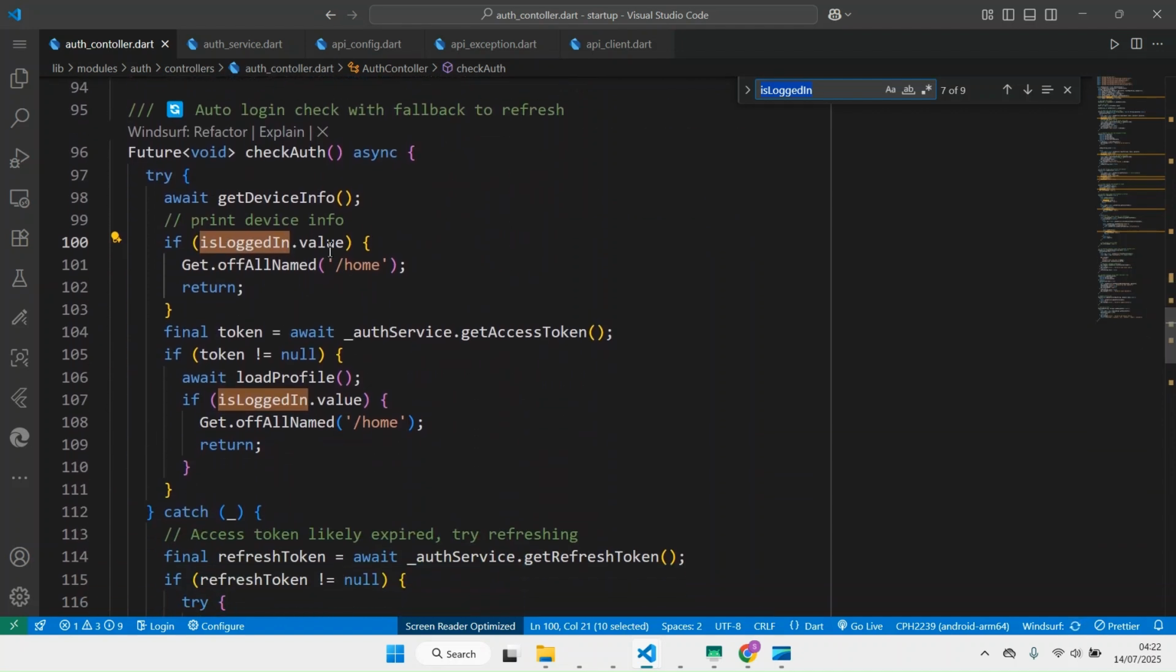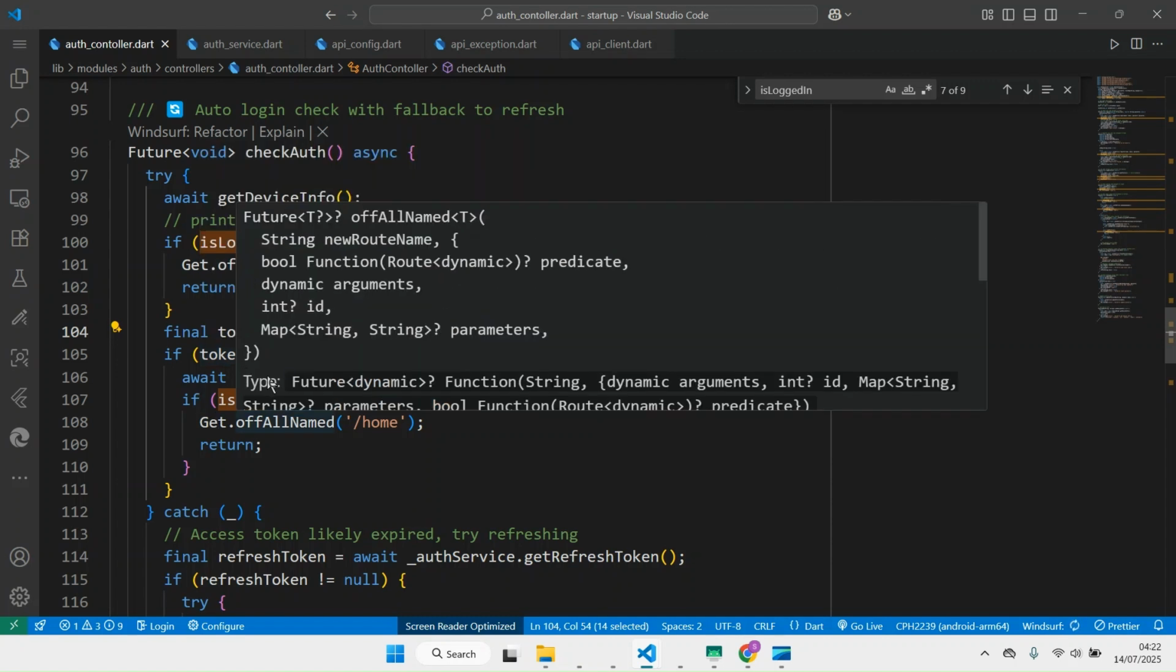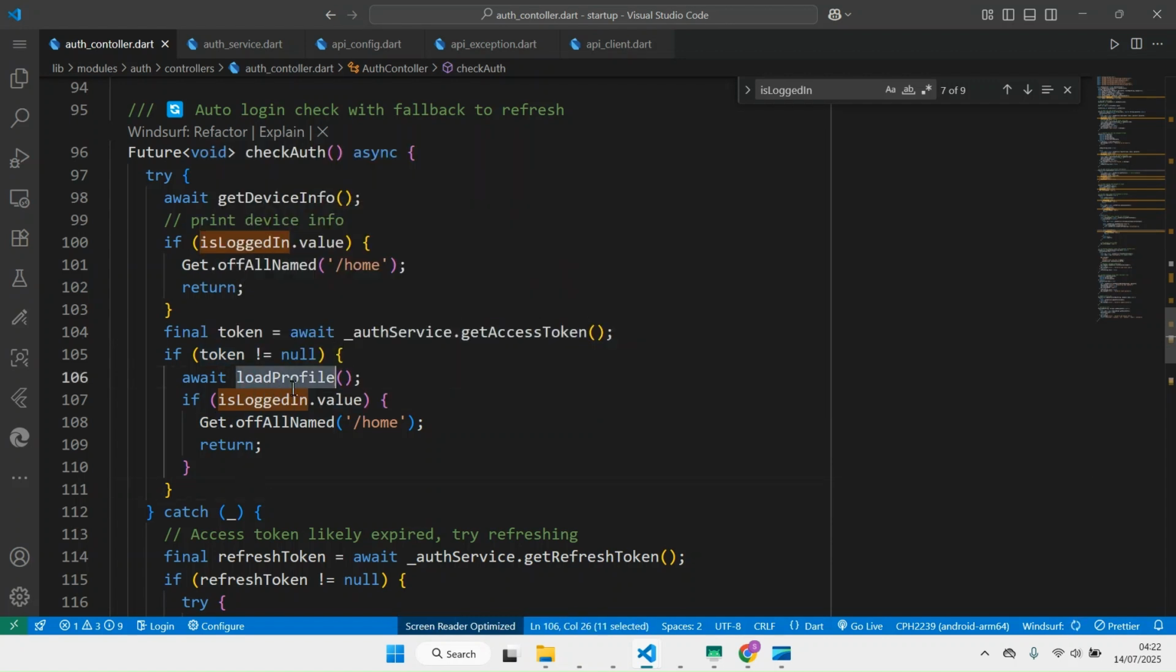If the user is logged in, we just redirect to the home page. Else, we check the token, get the access token. If the token does exist, we load the profile info. So if you get the profile info here,